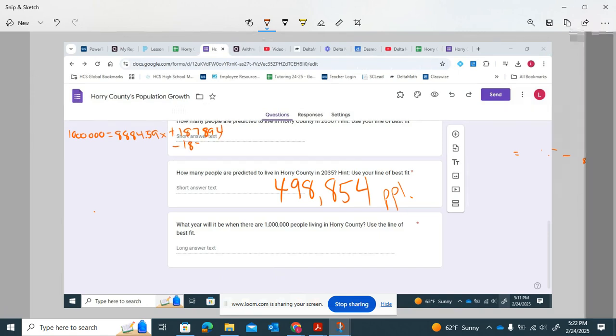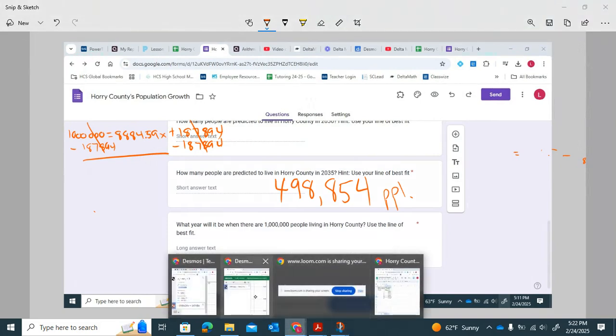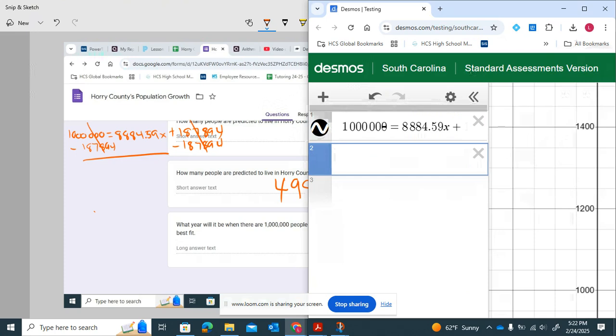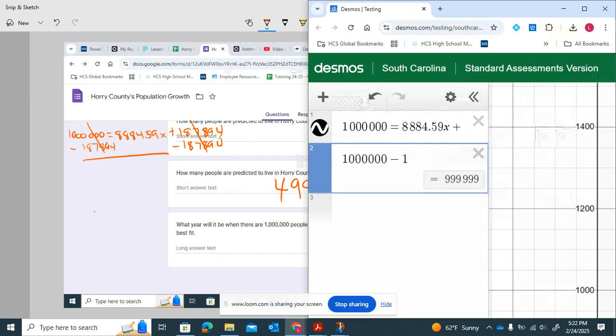So you subtract this, and those go away, and then you just type that in on Desmos. So you do 1 million minus 187,894, which would be